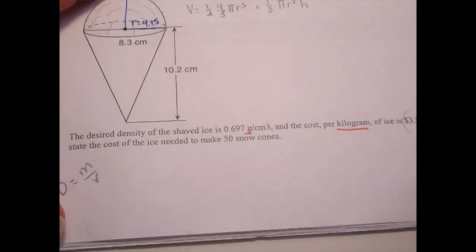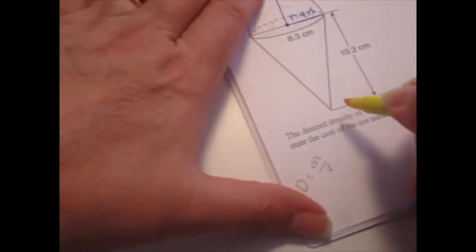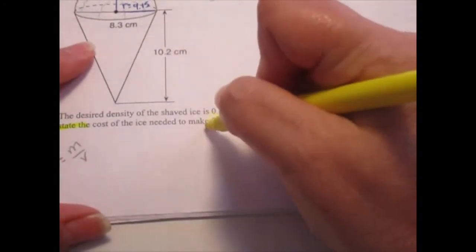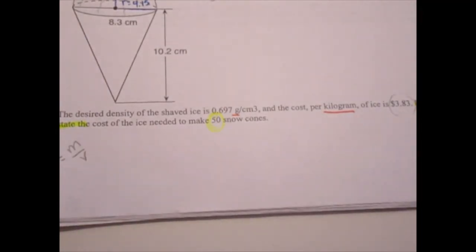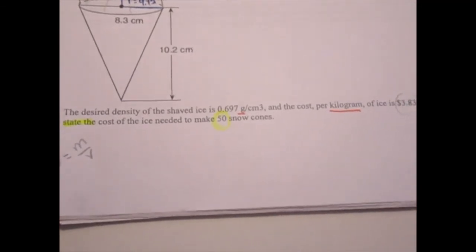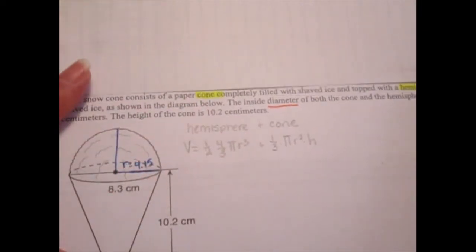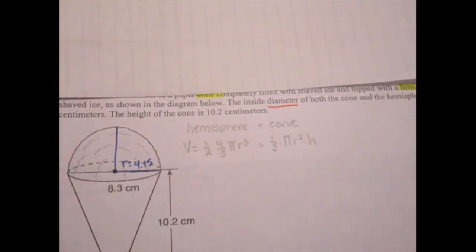Determine and state, those are our two action words. Determine and state the cost needed to make 50 snow cones. So we've got a lot of different things to do, but that's why this problem would be worth a lot of points if we were taking it on the regions. Okay, so going back to where we began, to find the volume of my hemisphere, I'm going to start